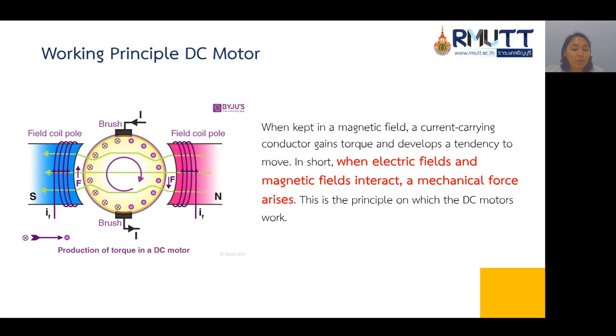When kept in a magnetic field, a current carrying conductor gains torque and develops a tendency to move. In short, when electric fields and magnetic fields interact, a mechanical force arises. This is the principle by which DC motors work.